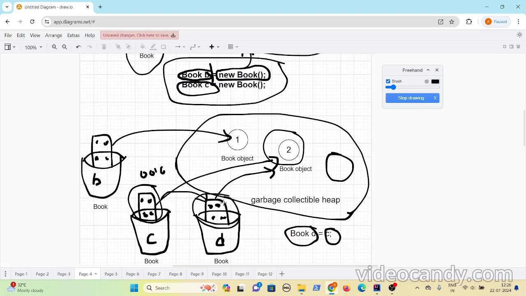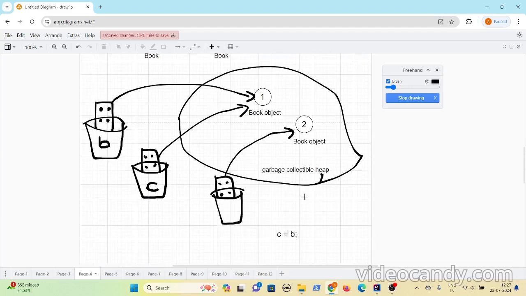So when it gets copied, what happens? When you do D dot getTitle, it also accesses the same object that C is referring to. But actually a new object does not get created because you did not use the new operator. And one more thing is, since you are just doing an assignment, only the reference gets assigned. Whatever is there in the reference variable gets copied. The object does not actually get copied because C is not actually holding the object. C is just holding the reference, okay? This statement refers to that.